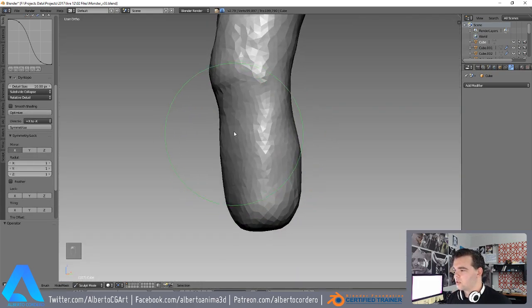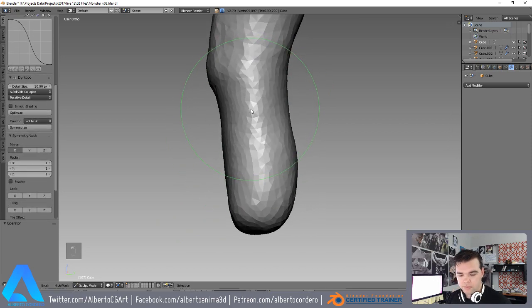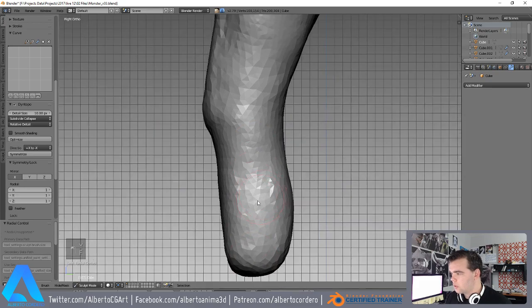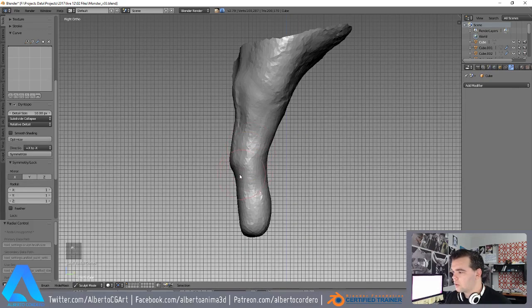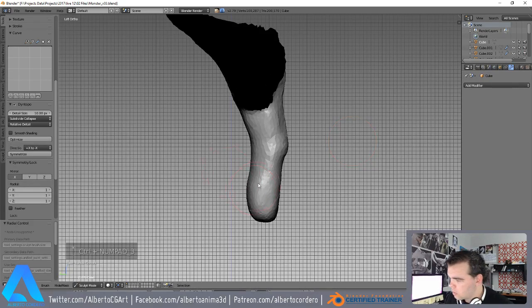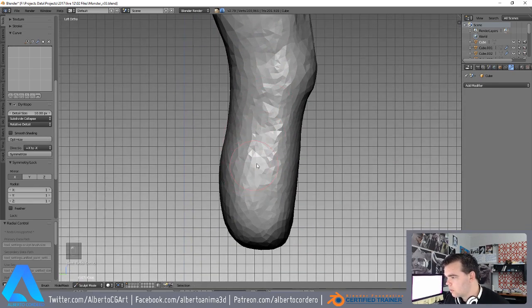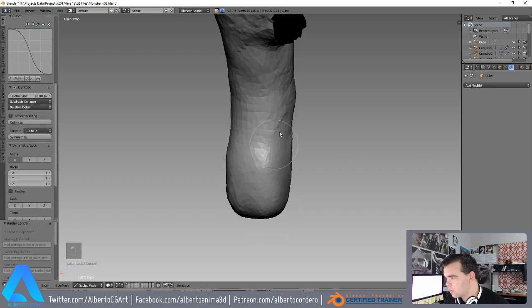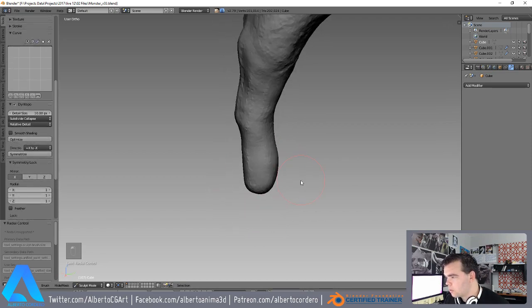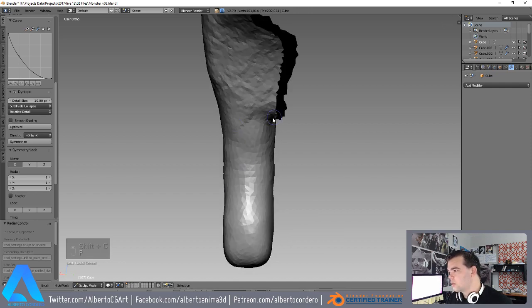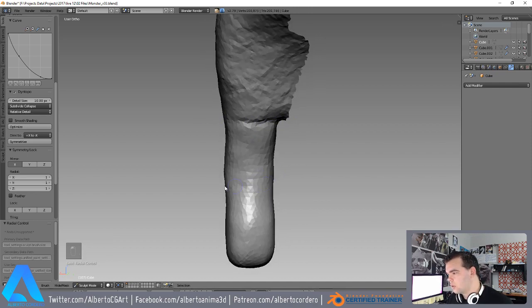How many rocks? Let's go here to the side and do the same here to the side. There's one here and